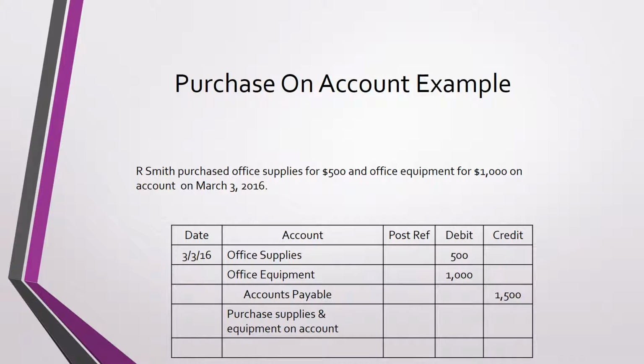In this example, R. Smith purchased office supplies for $500 and office equipment for $1,000 on account on March 3rd, 2016. We first enter the date, March 3rd, 2016, and then we debit what was purchased, office supplies of $500